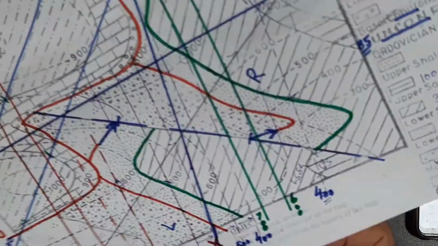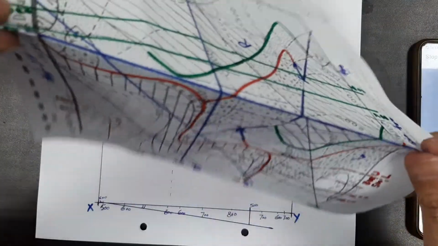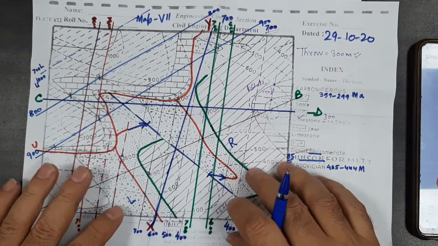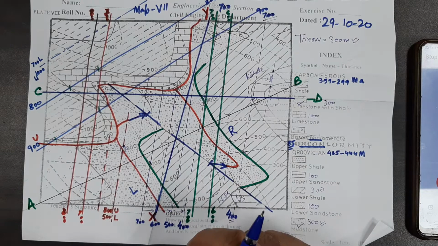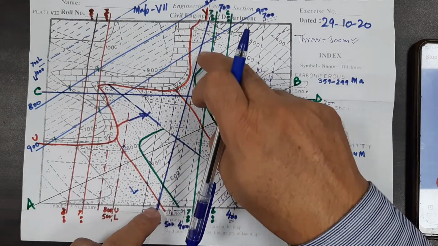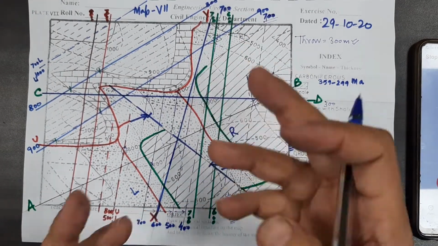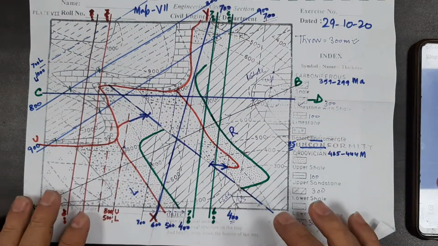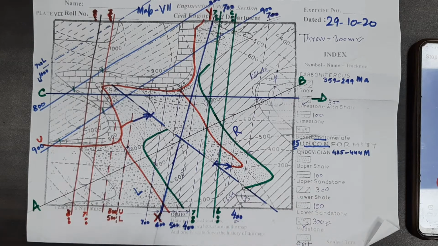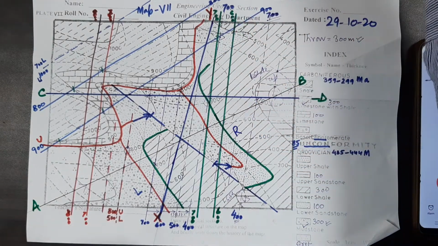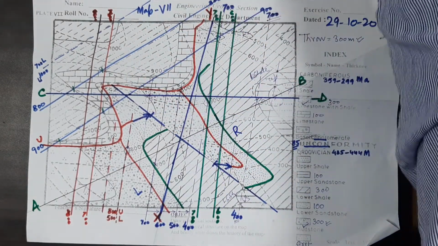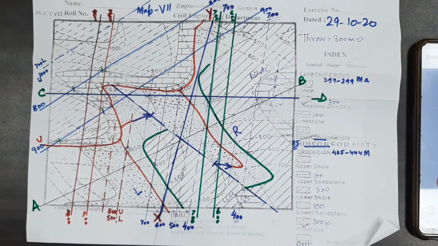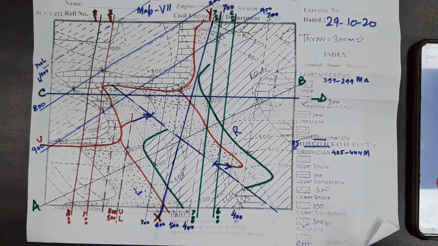Okay. Now let's solve this section. Some of you were having a problem because along this section there was no strike line. So you can draw a strike line. It is always prudent to draw more and more strike lines. If in some situation you don't have two strike lines close to the section, you can extend the strike line outside the map, and somewhere it will cut. But that is a tedious and not a very good way.